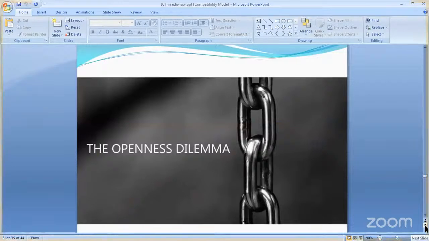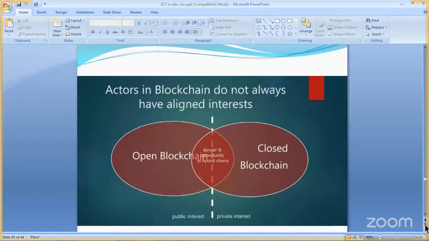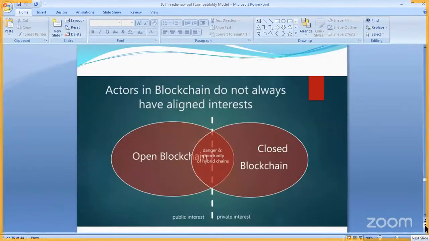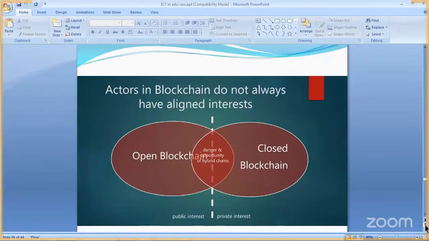Openness dilemma. The openness dilemma is how much of our data we are exposing to the market, and to how many people we are making our data available. The blockchain technology has 3 standards: the open blockchain, the closed blockchain, and the hybrid blockchain. So you can decide which kind of data should be in the open space, which type of data should be in a secure space, and which kind of data can be both open and closed.